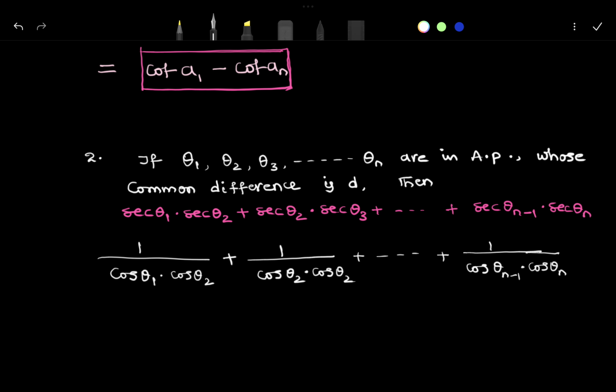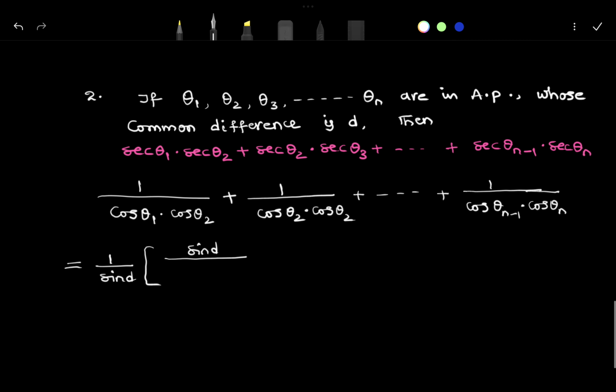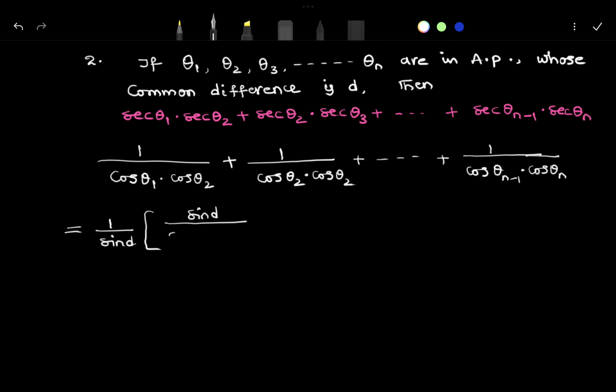When the same function is there, multiply and divide with sin d. d is the common difference. So here you have to write this as 1 by sin d into sin d divided by cos theta 1 into cos theta 2,